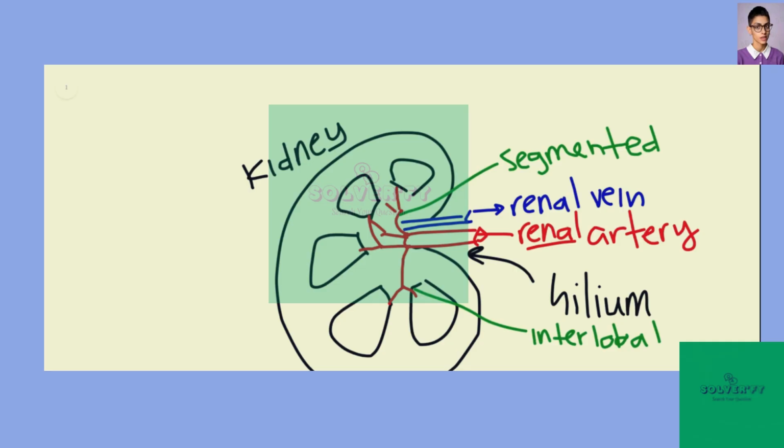All right, and then this is going to start to hug our pyramids, right? It's going to start to wrap right around the edges. Okay, and those ones that start to hug the pyramids there, those are the arcuate. Arcuate. And of course, these have to continue to branch, as that's the name of the game here,